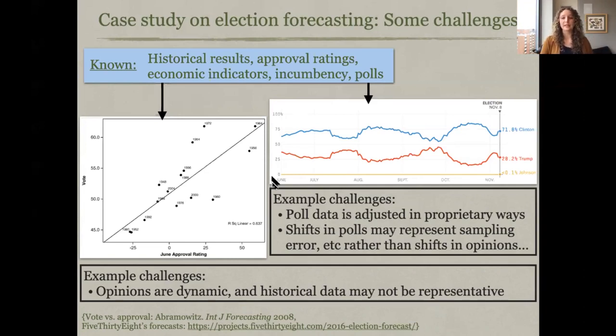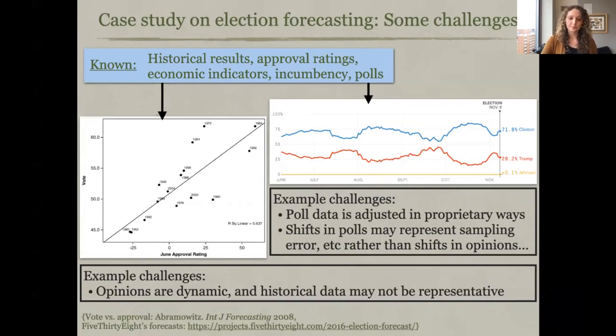The other big issue is that when you look at trajectories like this, one of the challenges is, are these little shakes in the data real, in the sense that something happened externally that forced people to change their opinion slightly, or is this just glitches and error in how the polls were collected? So those are some of the challenges to be aware of when working with this data, even before you build a model.